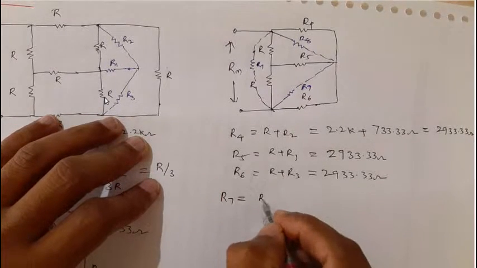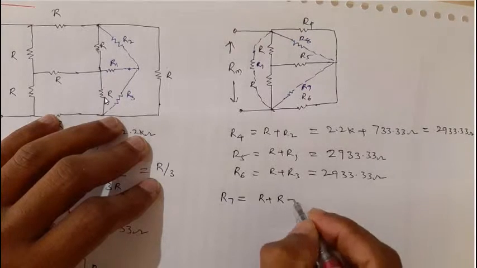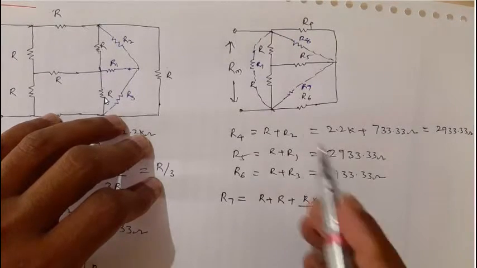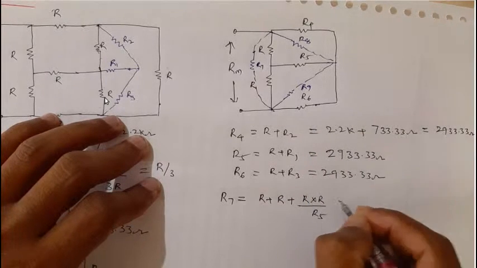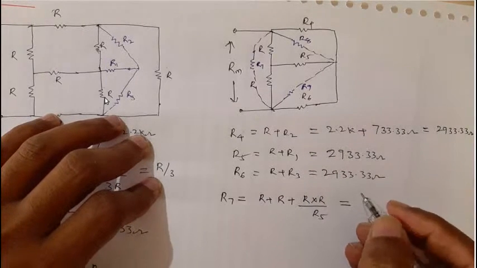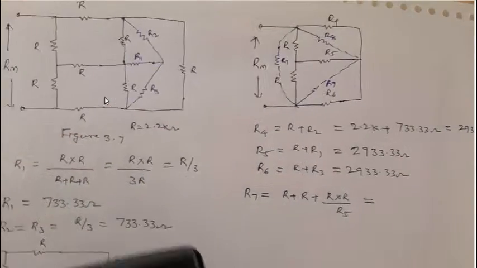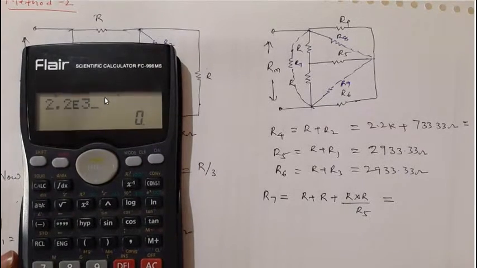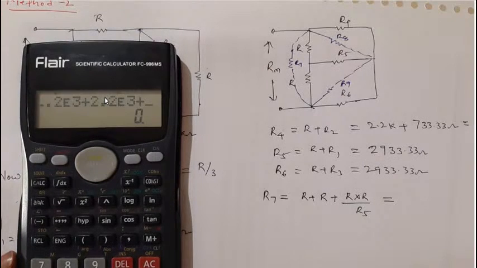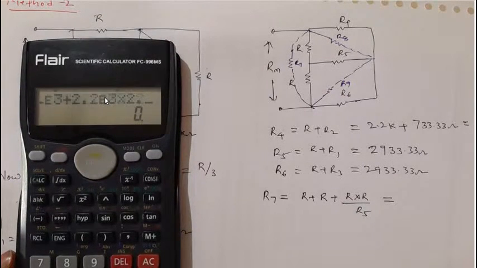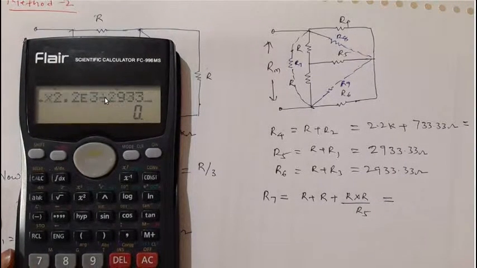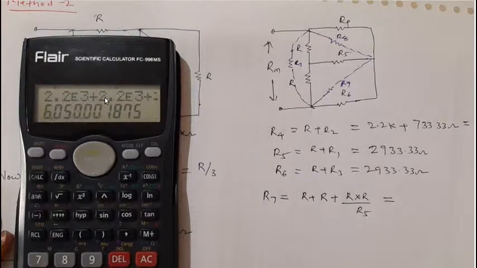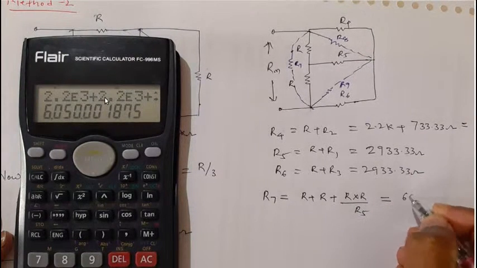Now calculating these three resistors, R7 is equal to, since we are converting T to delta, obviously R7 is R plus R plus R into R divided by the resistance which is not connected, this R5. I will directly calculate this: 2.2K plus 2.2K plus 2.2K into 2.2K divided by R5, which is 2933.33, is equal to 6050 ohm,